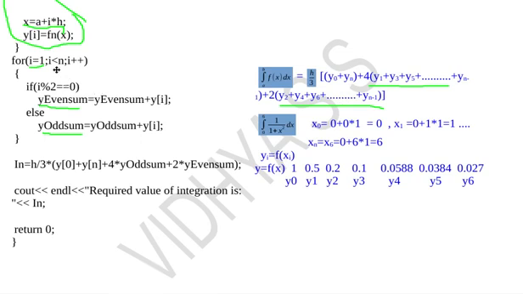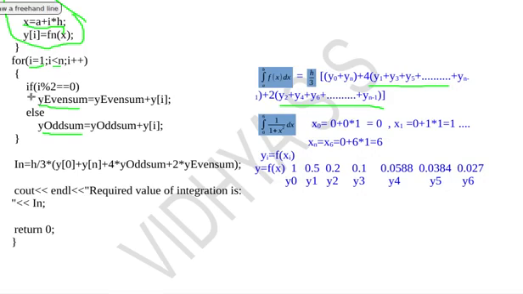That's why i is less than n here. I am not using i less than or equal to n like in the previous loop. Here I need to execute the loop till n minus 1, so I am taking i less than n only, so that the loop will execute till the value of i is equal to n minus 1.